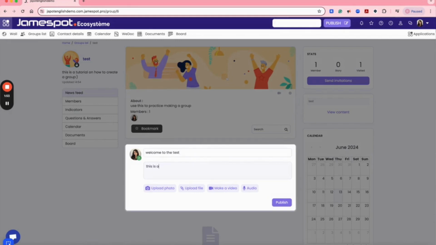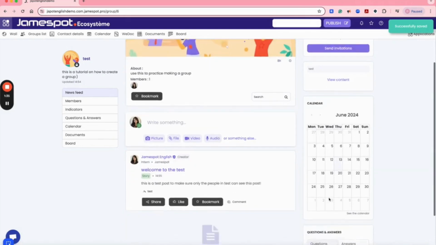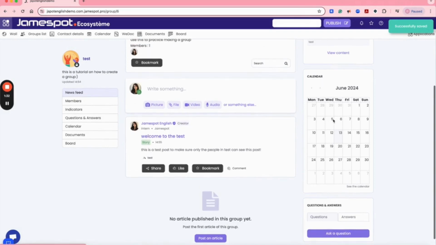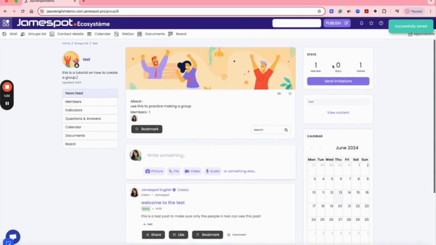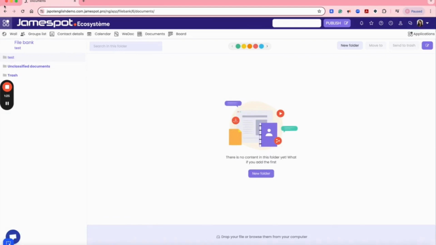To create content for a group, title your post, add the text you need to, attach any files if necessary, and click Publish. Group stream can be seen both on the homepage of the user and the group page. The menu on the left side of the group page will allow you access to the apps that you had saved to your group. For example, if I were to click Calendar, the Calendar app would be opened.